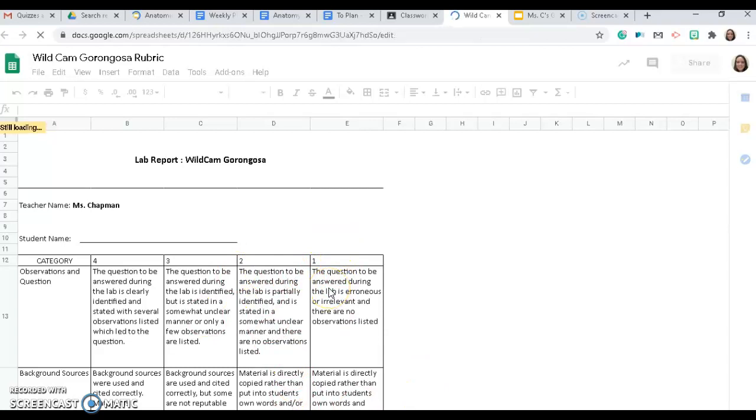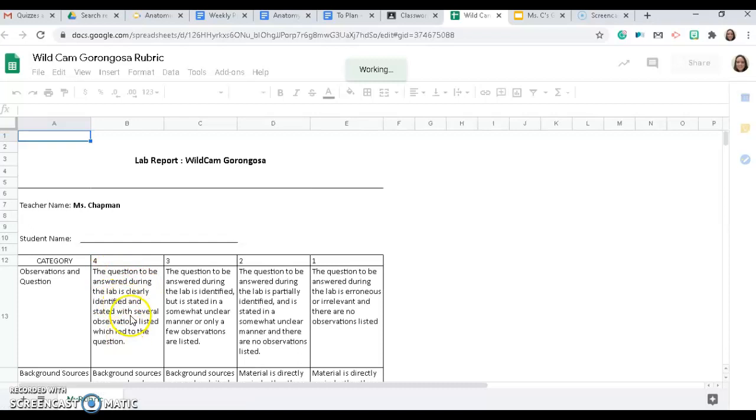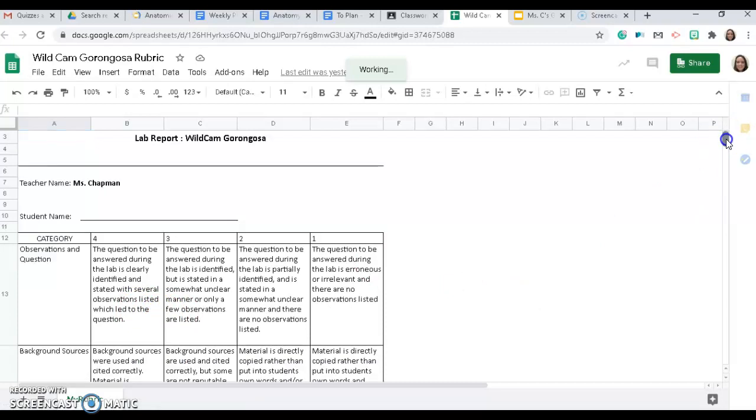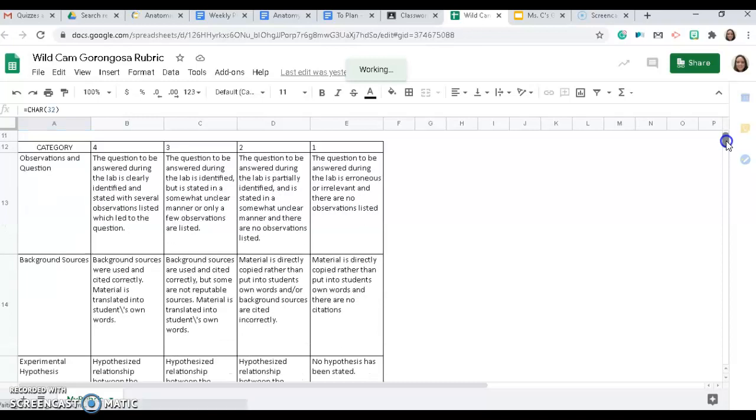So in your slideshow, you need to make sure you have your observations and question. You want to make sure it's clearly identified with several observations listed, which led to the question. If you only put like one observation, we need a little bit more than that in order to get the